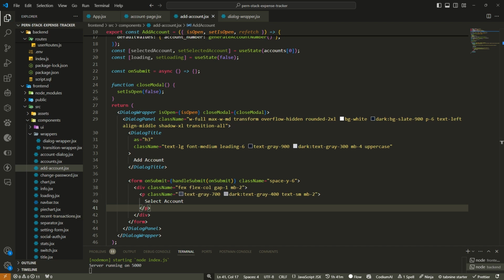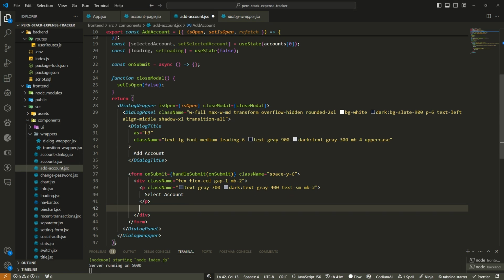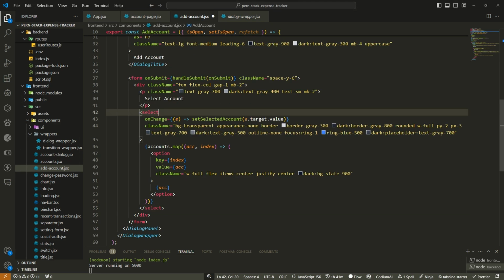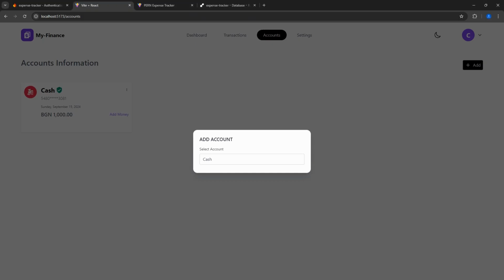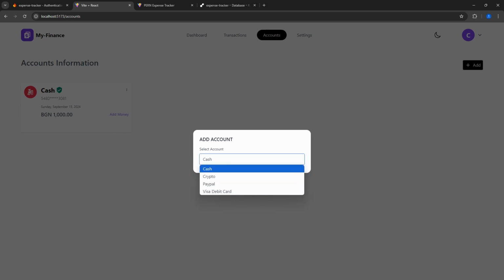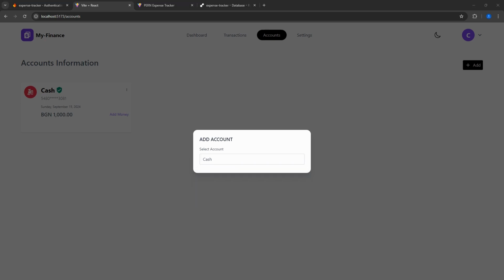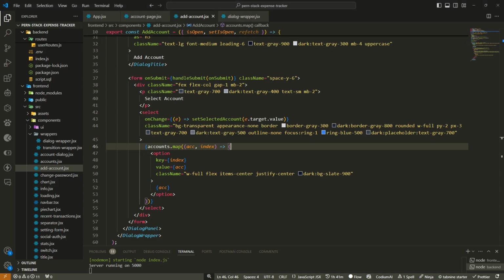Okay, so I'll just copy this one, the select options. Great, so select an account. We have a select element here, which we are mapping over the various accounts that we have up there, right? And these are all the classes. You can just pause and type it. And whenever we select an account, the selected account will be equal to that account. Okay, great. So if we check here, you see now we have this. Very beautiful. Okay, great. So when we select an account,